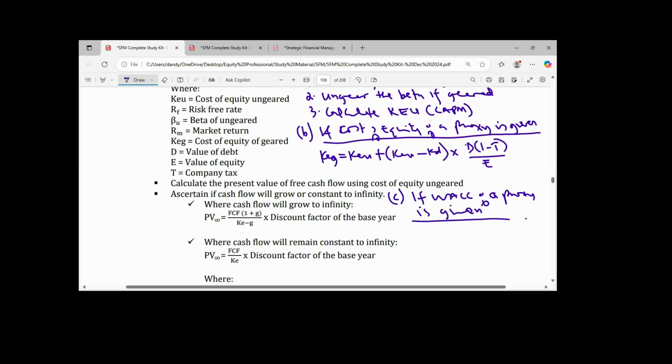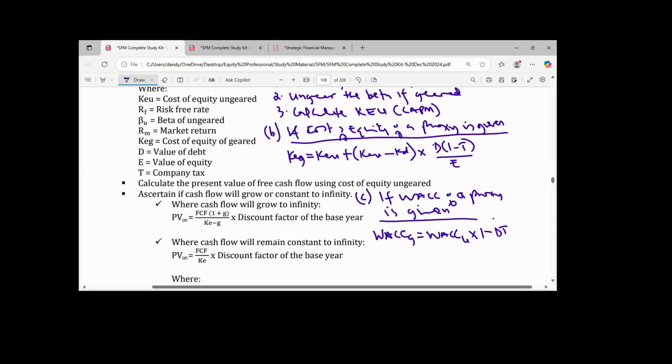So if the WACC of a proxy company is given to you, then the WACC of geared is equal to WACC of ungeared multiplied by 1 minus debt value multiplied by tax, divided by equity plus debt. This one will come here, 1 minus. So this is the formula that you are expected to use